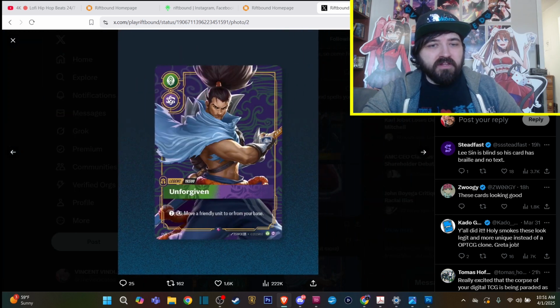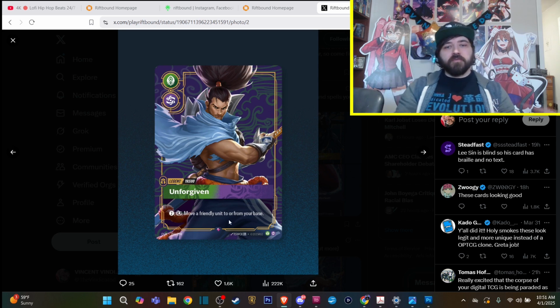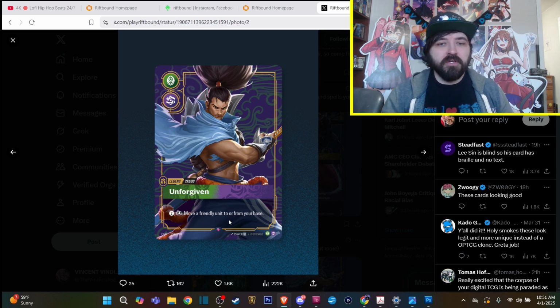And here we have the Legend Yasuo, which has some different icons here. He also has a quote-unquote tap ability: move a friendly unit to or from your base. So he helps move your units back and forth, which fits him because he is the wandering samurai. With that,